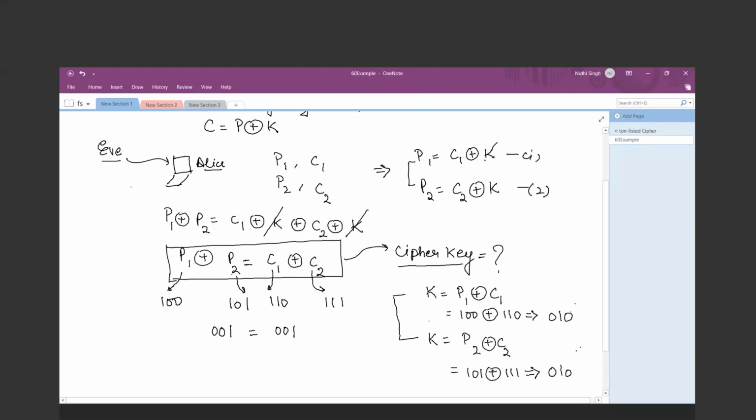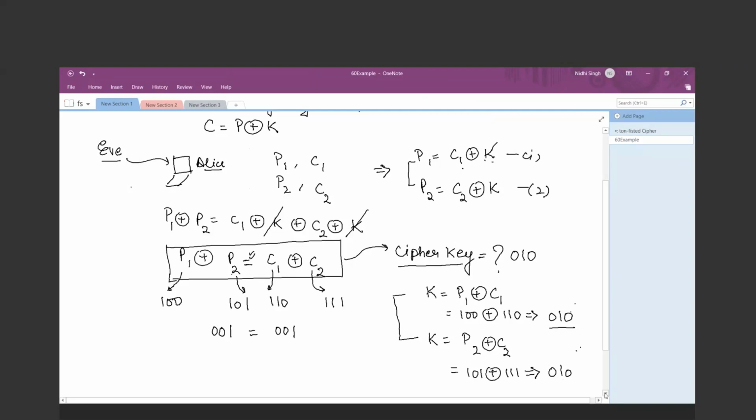So we can say that this 010 is the answer and it is your cipher key, when your cipher is made up of only performing the XOR operation between the plain text and the key. And this is the relation the Eve has to satisfy. So the key can be hacked by the hacker by using differential cryptanalysis. So it is a very basic example.